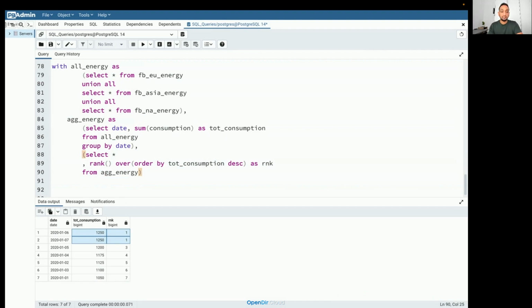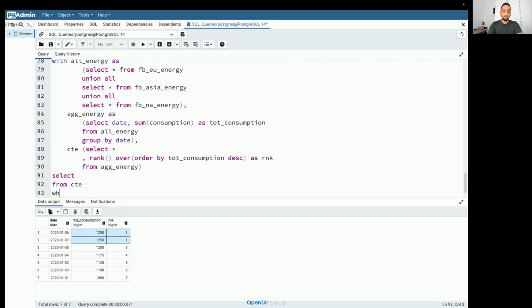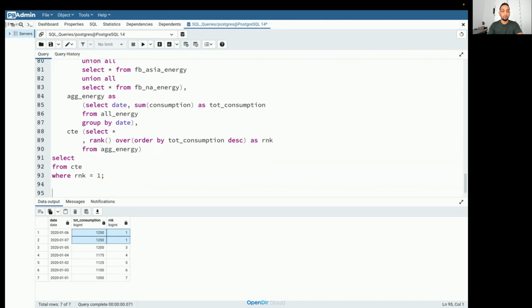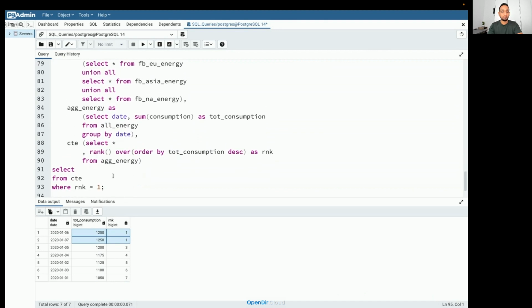Okay. It's unnecessary. And then here I'll just give a name, maybe I'll give CT. Okay. Not the best naming convention, but for now I'll use it. So I'll just tell select from CTE, okay, where RNK is equal to 1, because I'm only interested in the record where the rank is 1, right?